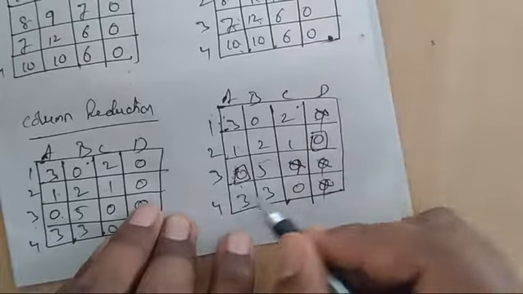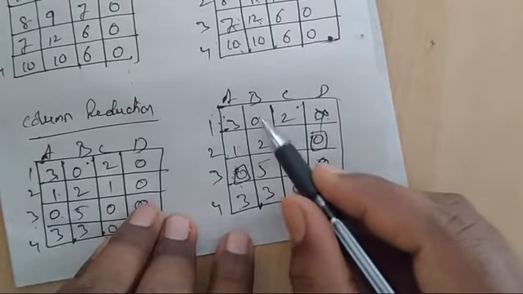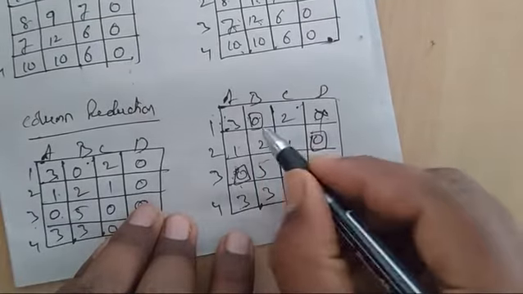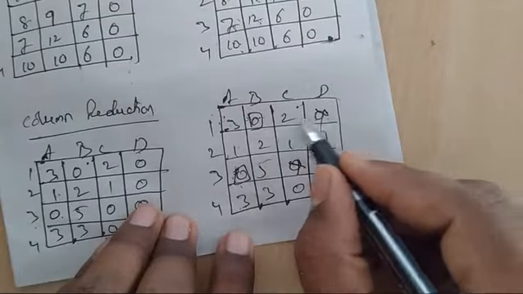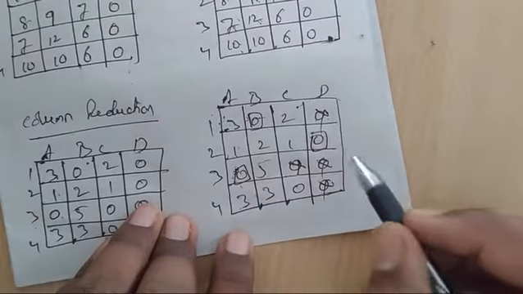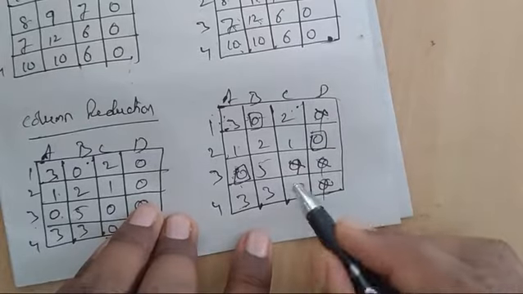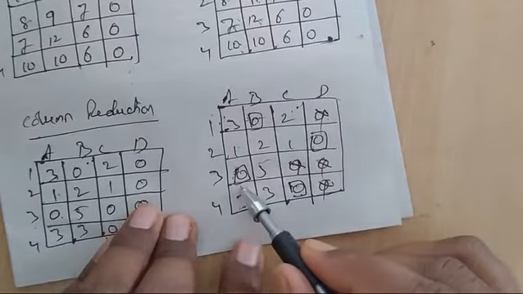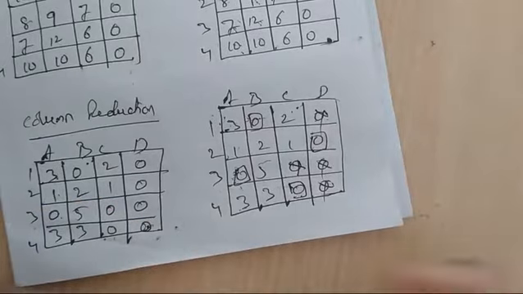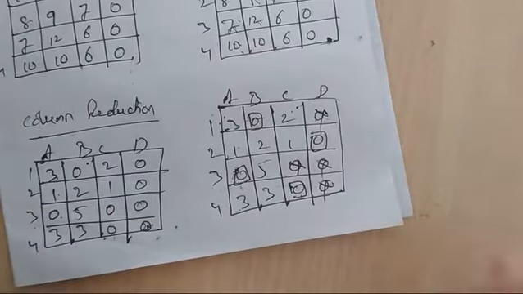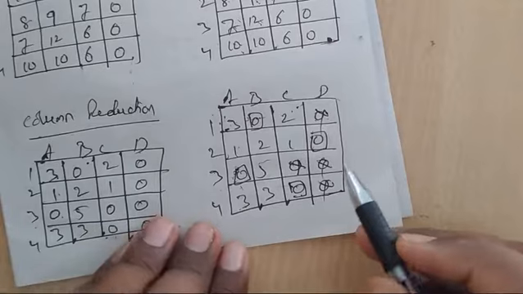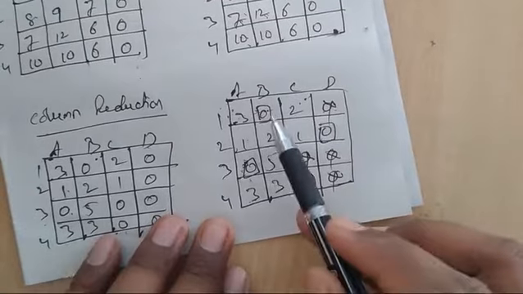Next we move to the second column. Only a single zero is there, so we make the assignment. In that particular row there are no other zeros, so there is no need to mark any. In the third column only a single zero is available, so we make the assignment. There are no other zeros in that particular row. Now count the number of assignments.